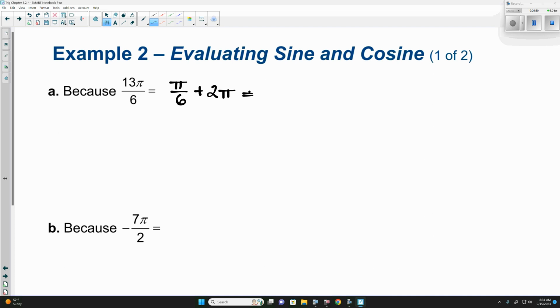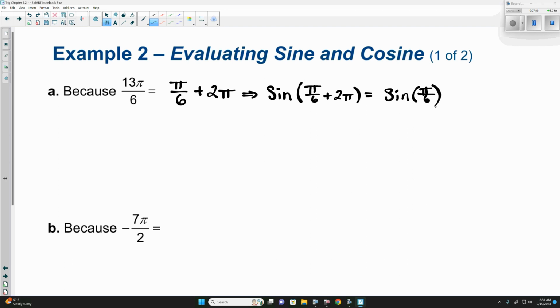So what we can say is with sine of pi over 6, pi over 6 plus 2 pi is the same as just sine of